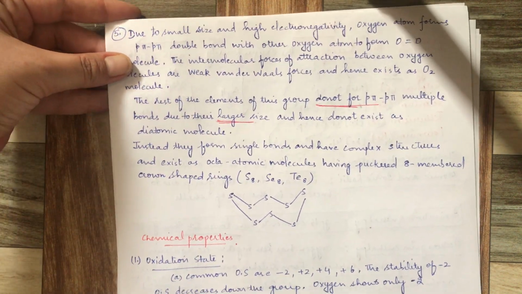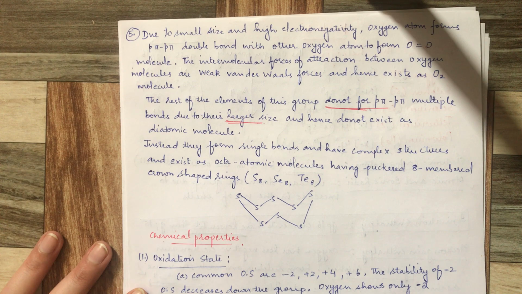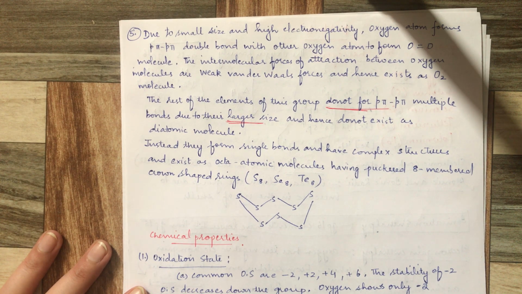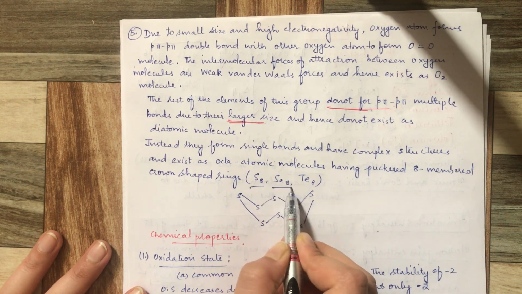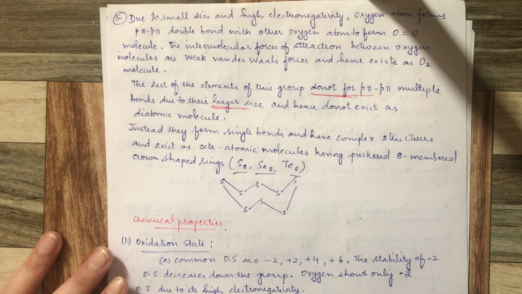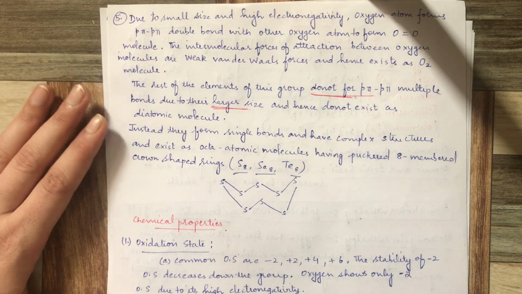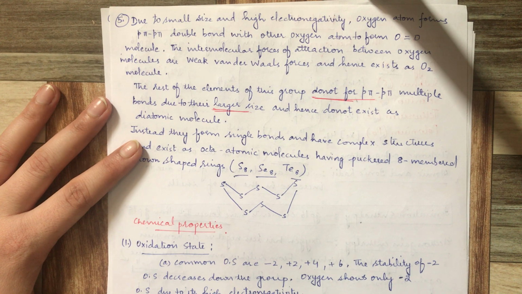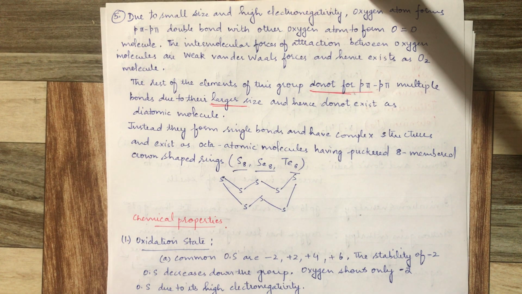Just now we discussed that oxygen exists as O2 and sulfur exists as S8. Now we have to make a point why oxygen exists as O2 and why the other elements like sulfur, selenium and tellurium exist in octatomic form. Now this is a very simple concept to understand. See, the atomic size of oxygen is very small, right? Its p orbitals are very small, hence they can very well overlap with each other. They can very well undergo sideways overlap.